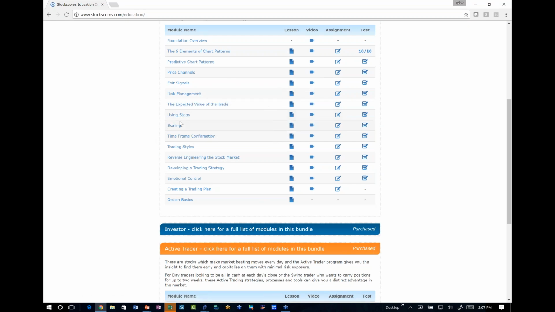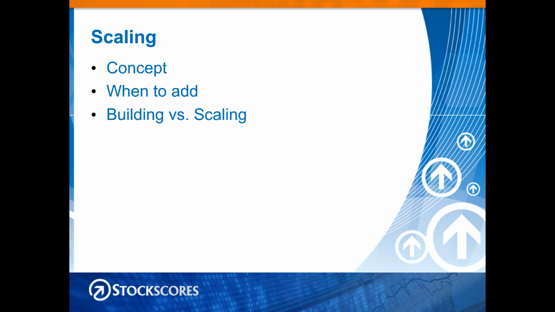So now we just did stops. Now we're going to look at scaling. Scaling is basically adding to a winner. Anytime you get a new entry signal that is at a higher price than your previous entry signal, then you buy more. So let's say we have a situation like this. We have a break from an ascending triangle, we buy. Then it goes up some more, and it goes sideways again, and then we get another entry signal up here.